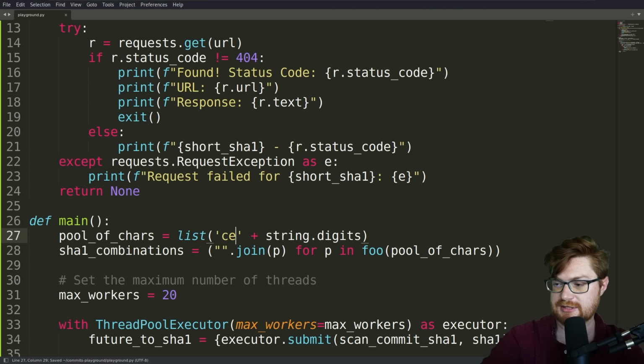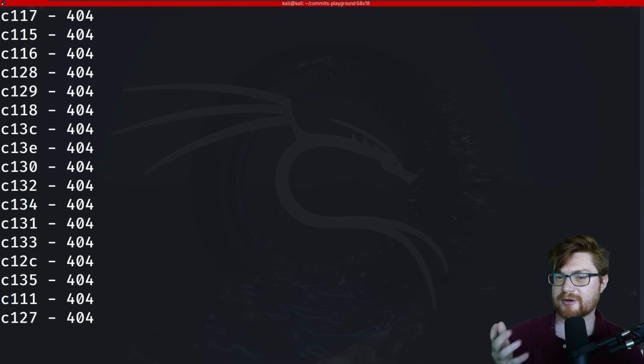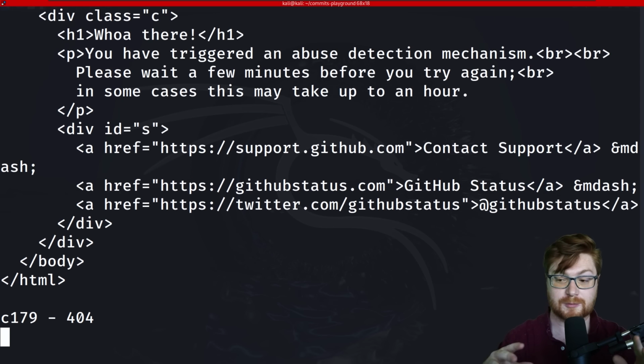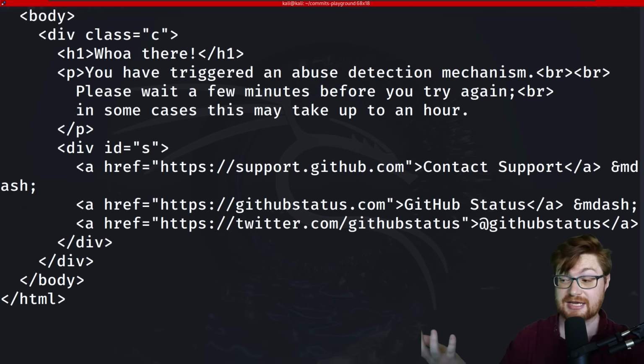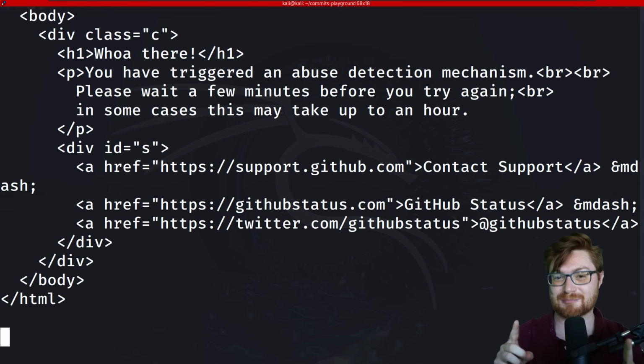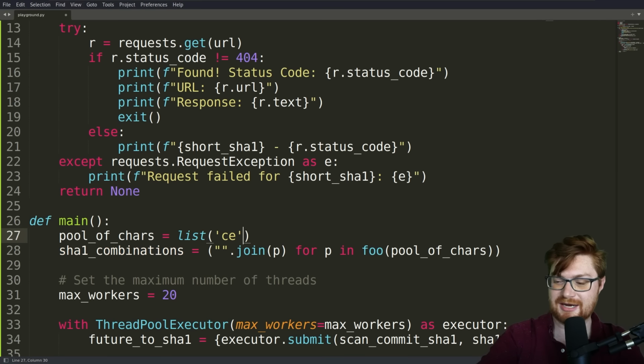Let's remove all the other letters other than C and E, and then just look through the numbers. I know that's a little bit of cooking show magic, right? Suspended disbelief, and that we're limiting the pool, but just for our understanding, that will get abuse detection mechanism. See, this is why our dumb proof of concept is not ideal, even in the small case where we try to narrow the pool.